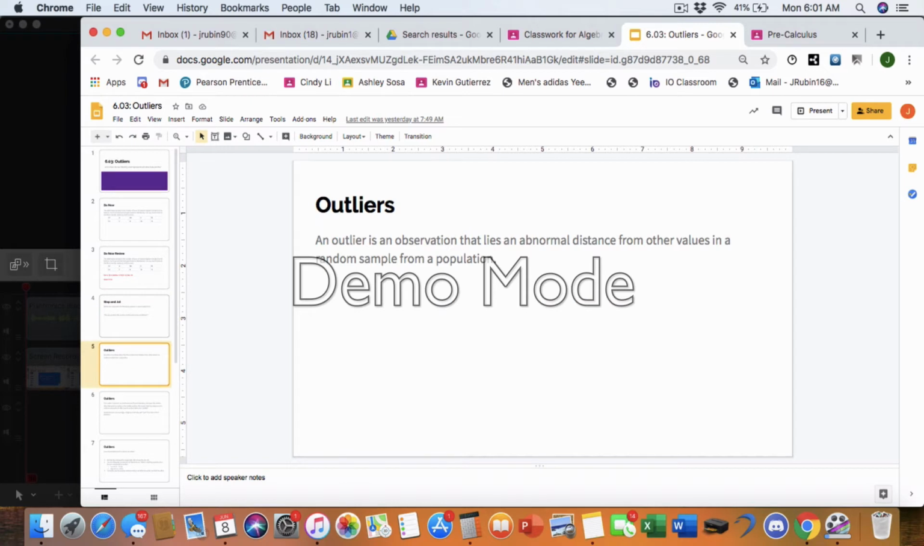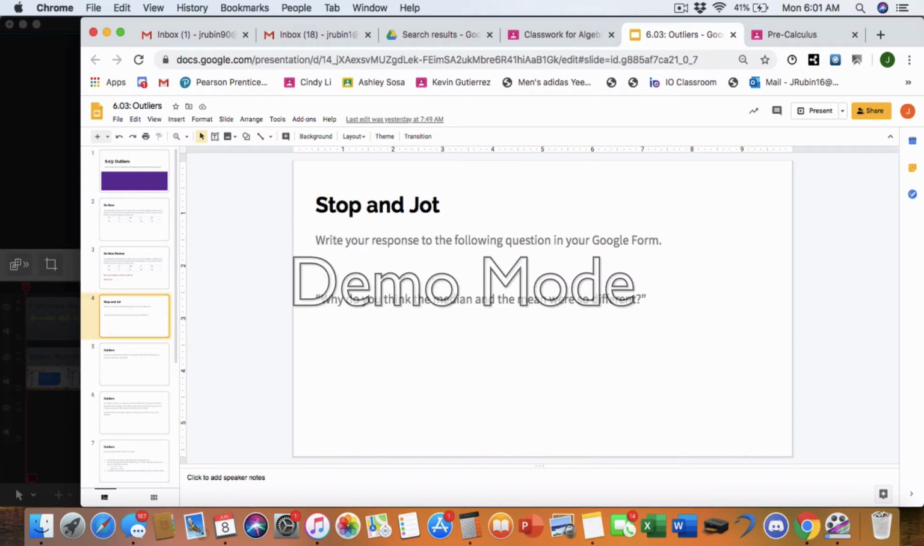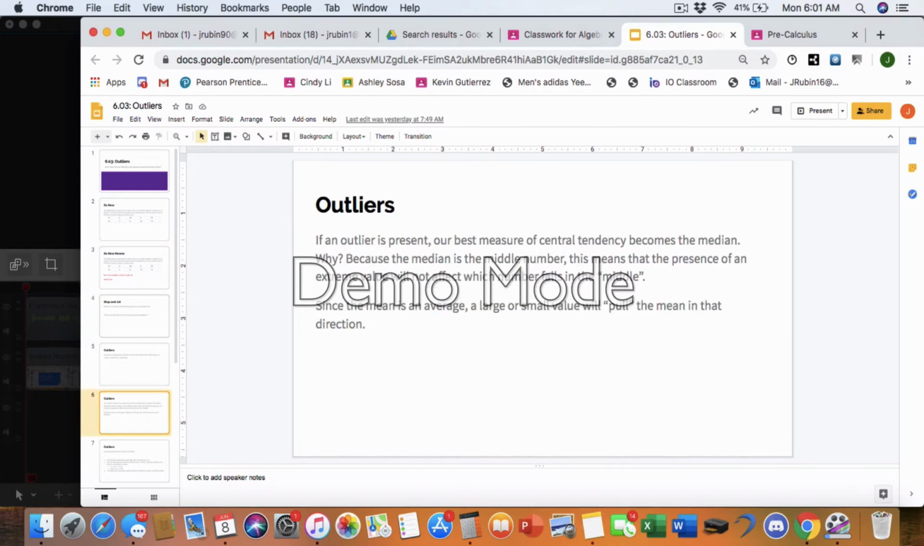So let's talk about outliers, right? It's an observation that lies an abnormal distance from other values in a random sample. So an outlier would be, in our do now's case, a value that falls extremely far from the rest of the number of hours. Now, if an outlier is present, our best measure of central tendency becomes the median,